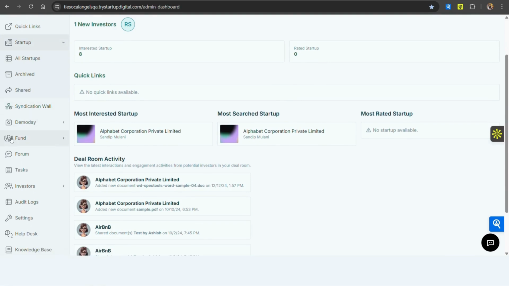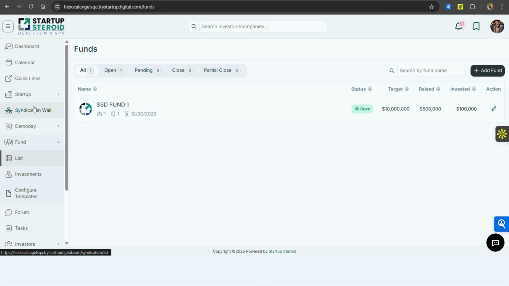There is a section here. I'm going to click on it, go to the list section. In case you're handling multiple funds or part of one or two funds, you can come over here and set up the entire fund. Please note, we are not offering services, so the entire compliance side, accounting side, you might want to do it on your own or hire some party.